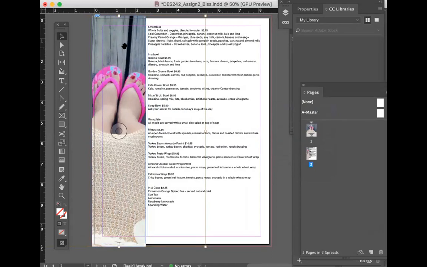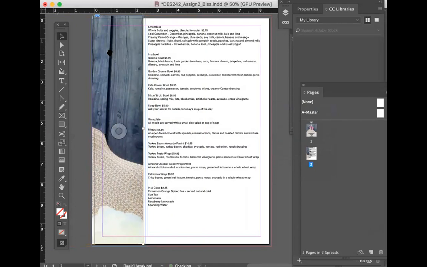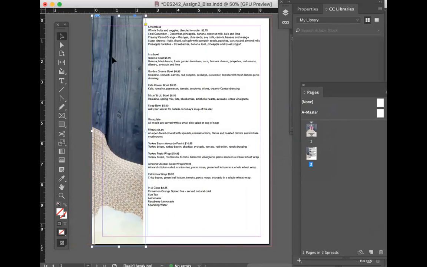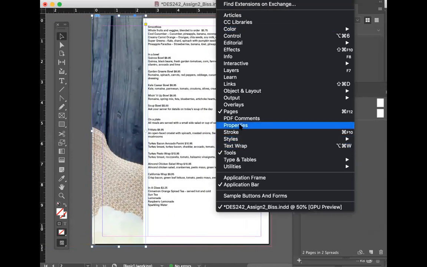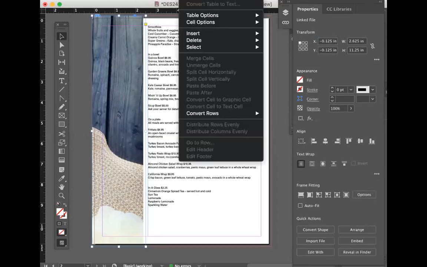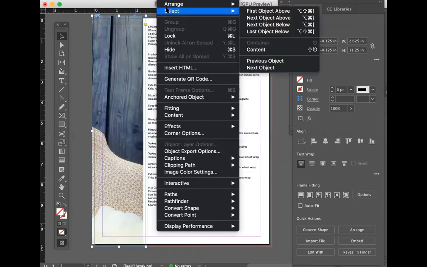Only I'm going to try something a little different here. See my properties here. And you don't have to use the same image. It's just what I decided to do. It's completely up to you on how you want to do this.